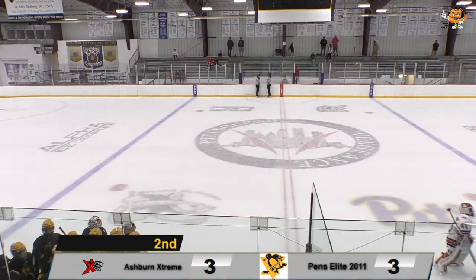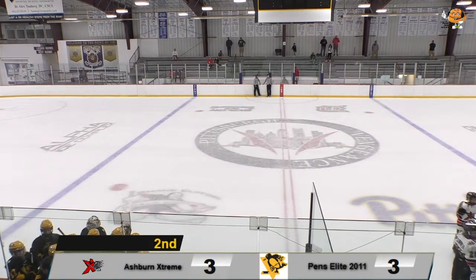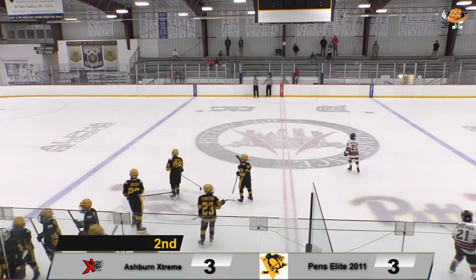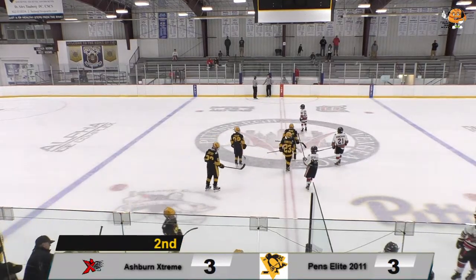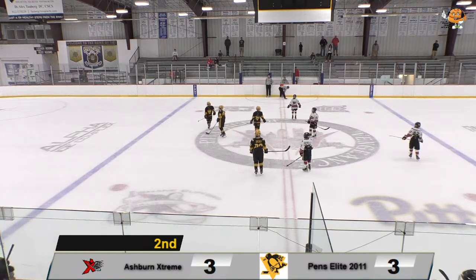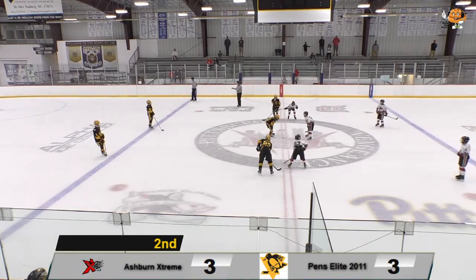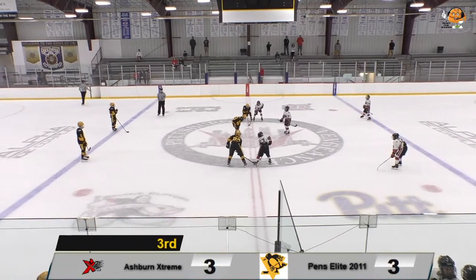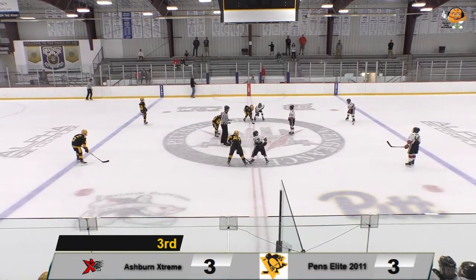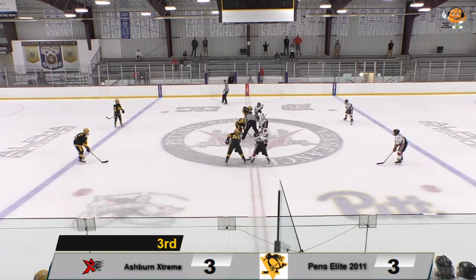Back live as we see the Penguins gathering around head coach Trevor Nelson, assistant coaches Alex Kumnick and Brian Bloom. So we'll switch sides for the last time. We'll take this 3-3 tie into period number 3. We'll put 12 minutes on the clock, and we'll try to finish this one on the ice here at Alpha